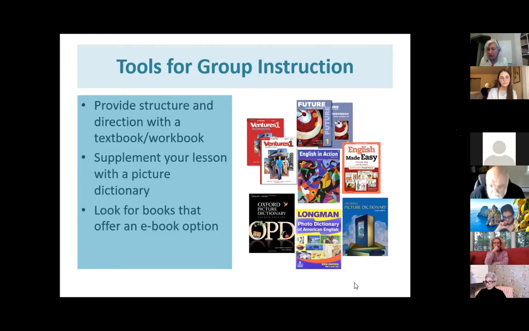There are a lot of good adult ESL textbooks to choose from. Most are organized around topics, as I mentioned, and each unit covers a different topic and provides skills practice in listening, speaking, reading, and writing, which is what you really want. These books provide a nice foundation for teaching a group, although you'll still want to supplement with materials and activities like we're going to talk about today. Tonight, actually.